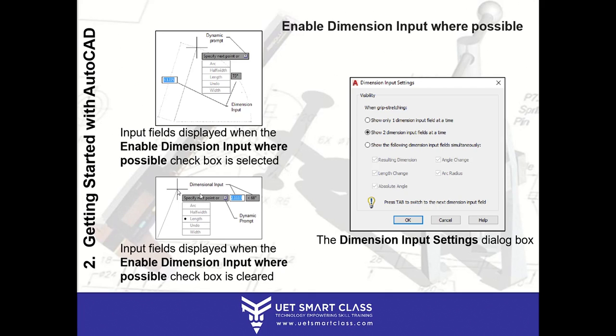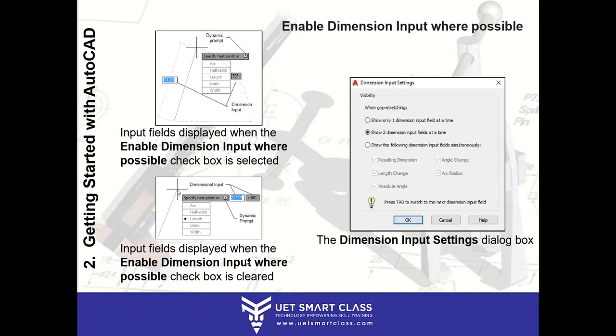Right? Here you can see it also shows a tooltip, specify next point. There is also a dynamic prompt which appears. It's an arrow. You can select different inputs here. This is basically an example of a polyline. You want to draw the polyline as an arc, a half width, a length, undo, width. Any one you can select and type the input in it. Type the dimension, basically the length. You can type the width. You can type the half width, or you can type the dimension of an arc.